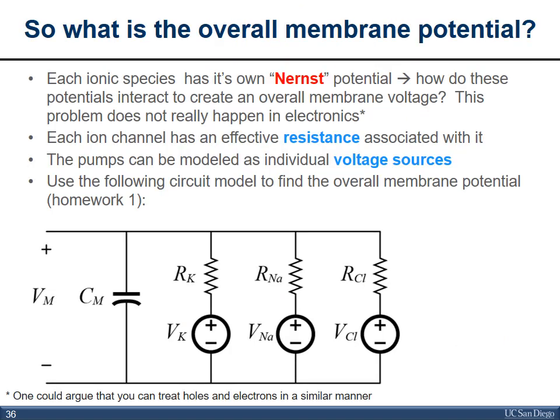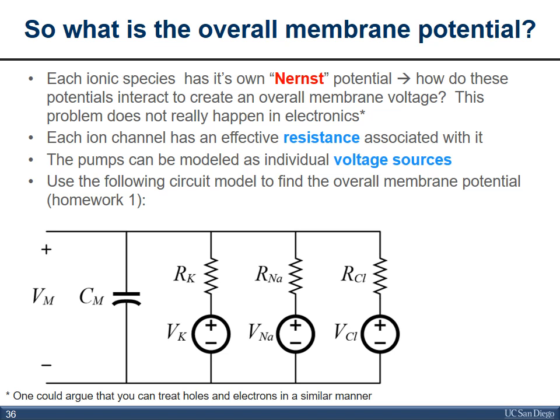Okay. So each ion species has its own Nernst potential. Each ion channel also has an effective resistance associated with it. Okay, so we can effectively say each of the pumps can be modeled as a voltage source. The ion channels are resistors, and we can effectively build a circuit model that will describe the overall membrane potential based on the interaction between multiple